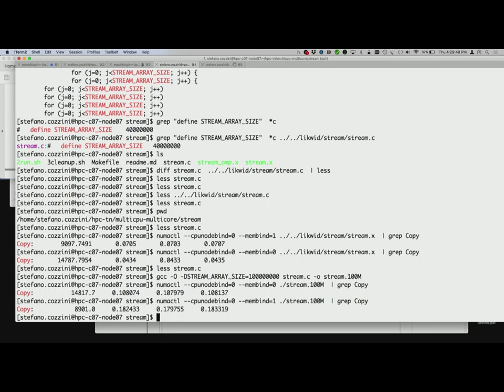Now, just to summarize and to check if I have understood. Increasing the array size, you have totally excluded the L3 effects. Exactly. Which were somewhat misleading you in checking the real throughput of the memory that you were reaching before. Yeah, correct. And now, with a big array size, having almost completely excluded L3 effects, you see that with no